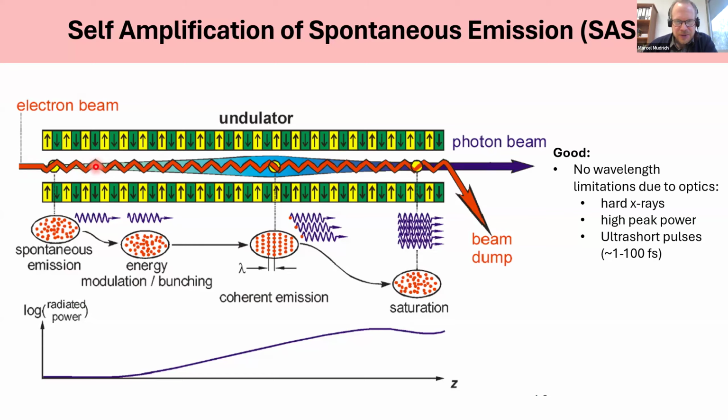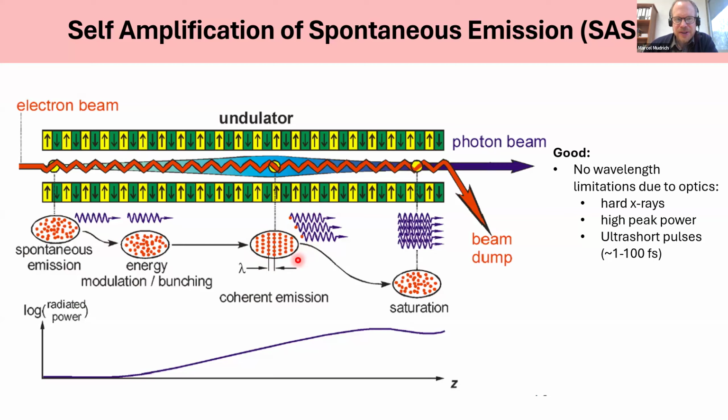This undulator radiation eventually, if it's intense enough, will start to interact back with the electron bunches that have produced the radiation in the first place. And this is actually a runaway process, a self-amplifying process, which leads to what is called microbunching, the formation of this microscopic structure where electrons arrange themselves into thin slices spaced by the wavelength,